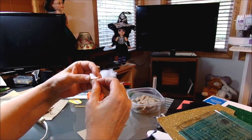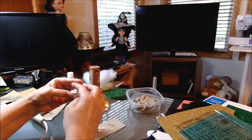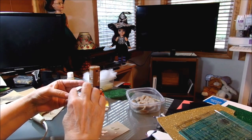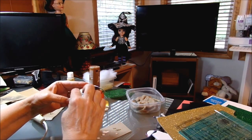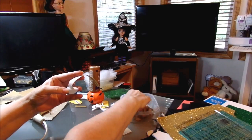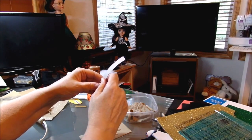seal you. You can use hot glue on the whole thing if you want to. I just like the white glue. I don't know, personal preference, I guess. So I'm going to put my white glue on the vinyl, and I'm going to bring it around to the front. I'm not going to do the whole thing because I'm going to add a little click of hot glue too, because you want to